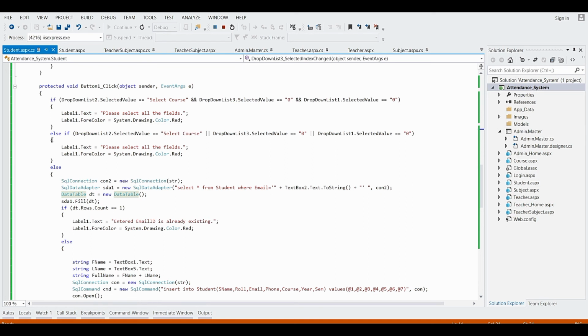After that, if all the drop down list controls have been selected by the admin, then it will check in here. Then it will execute this else if part.